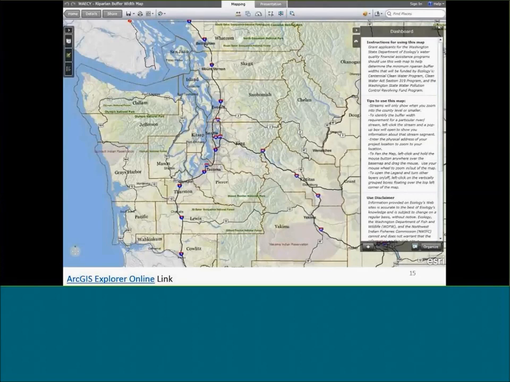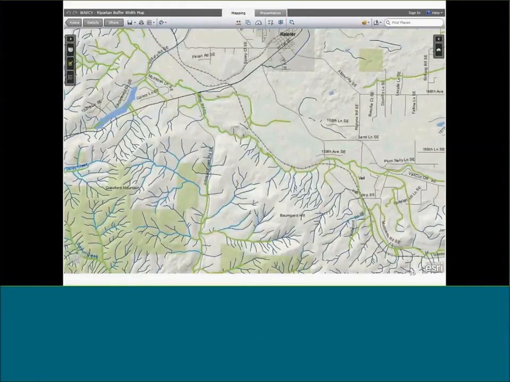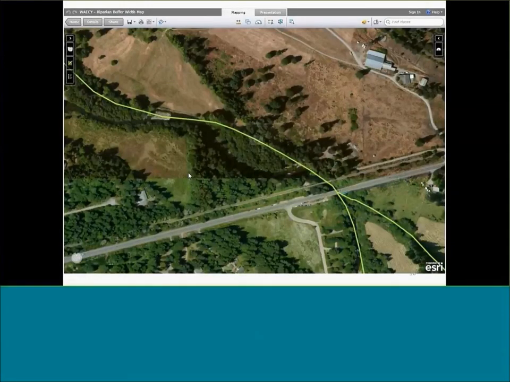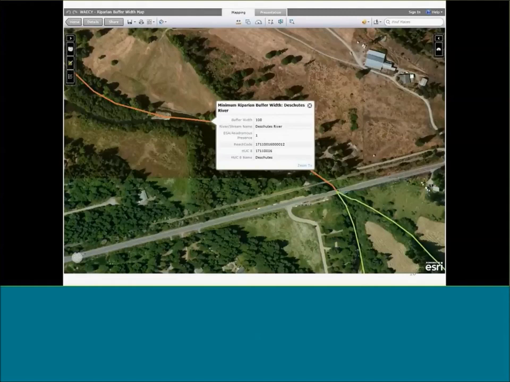Those grant applicants could zoom in, and there were different color codes for the different riparian buffers. Then they could go into their own area and find out, if I'm going to apply for something in this area, that's what it needs to be. It was a really successful collaboration between our agencies.